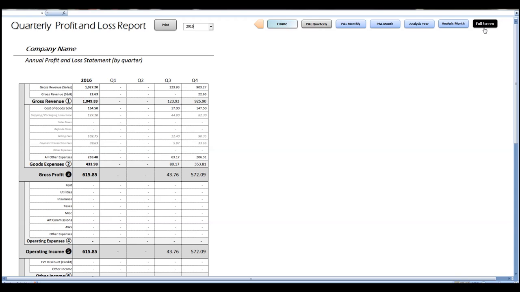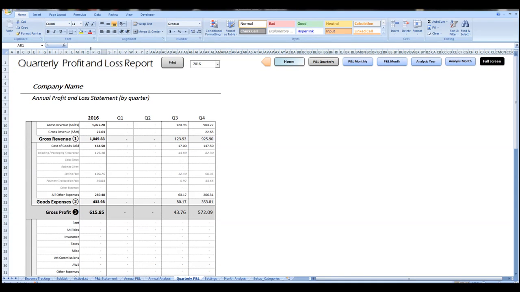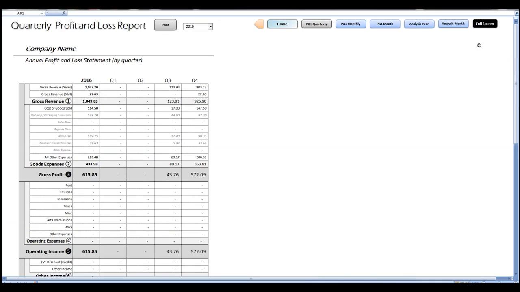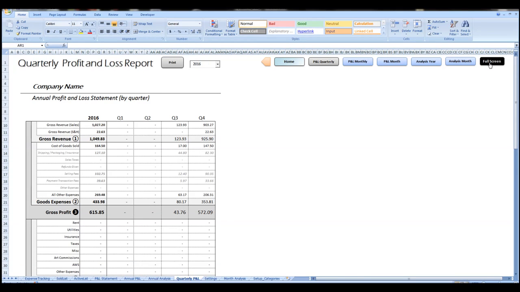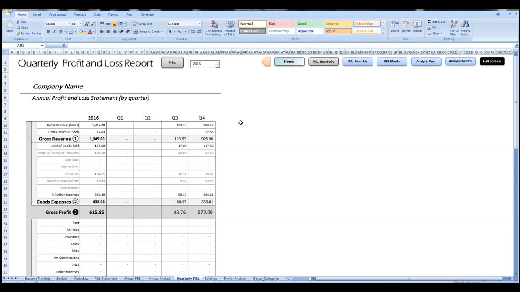And one last thing I'm going to show you before I leave this screen is the full screen button. Excel users are going to recognize this ribbon bar, the thing that takes up a good portion of your screen normally. This full screen button allows you to hide that. So you really have all the flexibility of Excel. Nothing's locked out from you except for the Visual Basic code. So if you want to go in here and change the shading of cells or put your own formulas in,